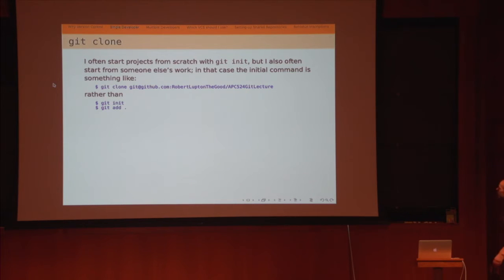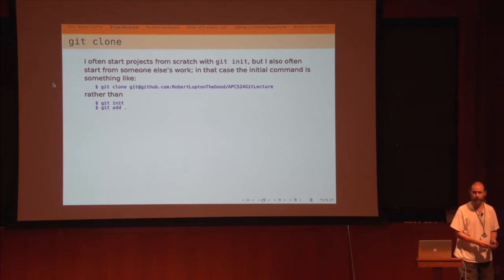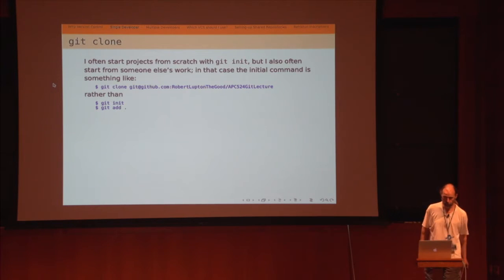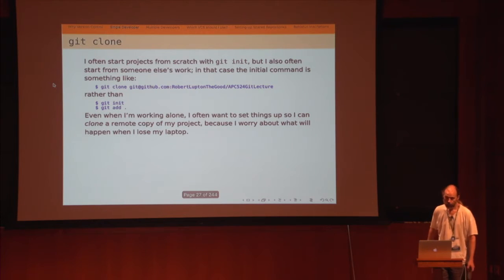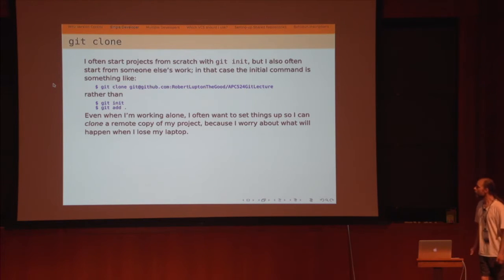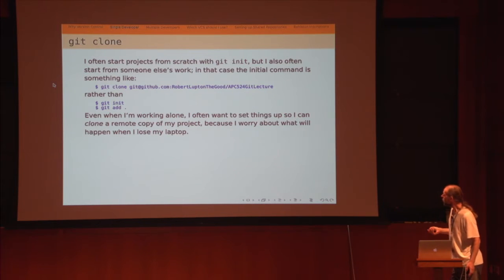And this repo is in fact live. You can go out there, those of you who have GitHub accounts, and you can look at it and you'll see the examples I've used in this lecture. If I was a virtuous person, I'd have renamed it to PiTP, but that didn't seem worth the trouble. So that's why you're seeing APC 524. And that's equivalent to my saying, I've got a new thing, I'm going to add my files to it. So that's straightforward.